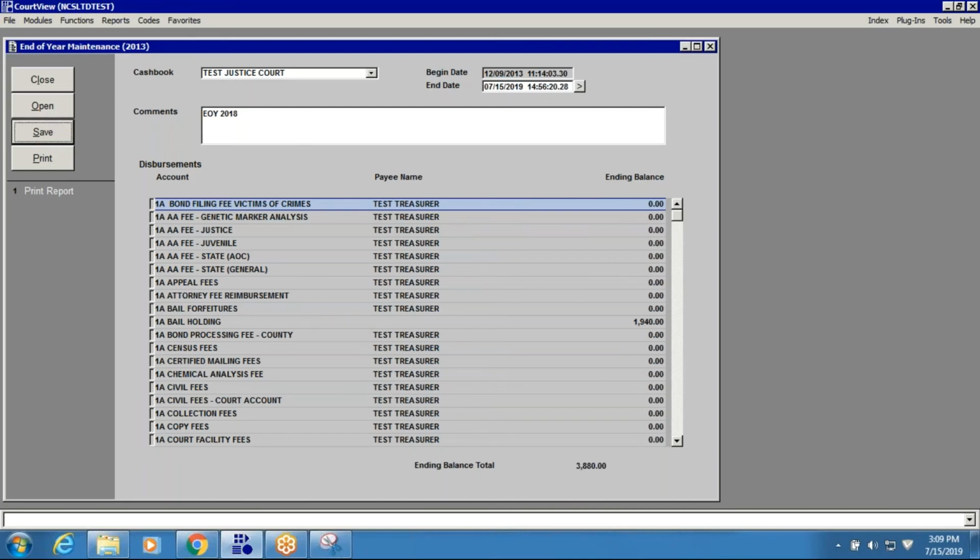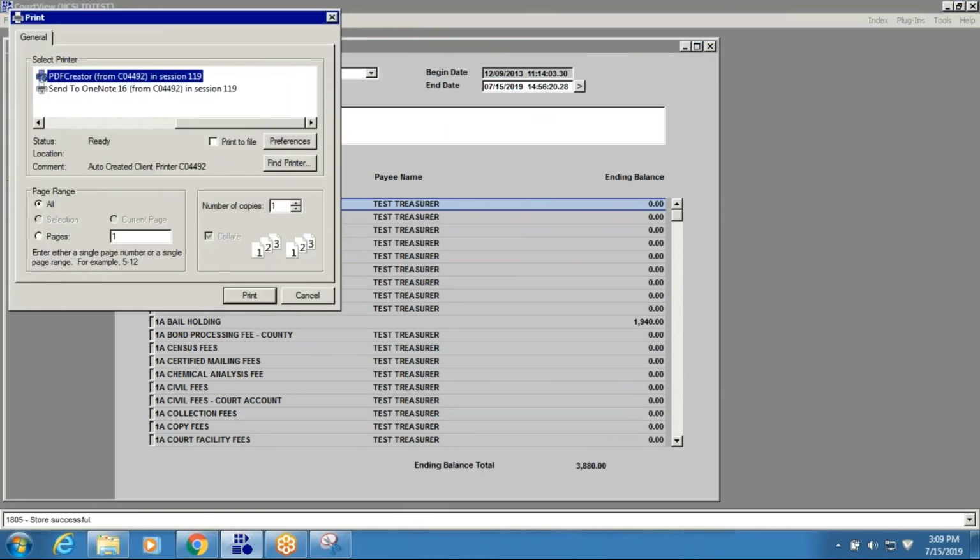So let's go ahead and hit save, and it's going to start doing a little bit of thinking. Now what's going to happen next is the system's going to ask us if we want to print out a report. This is exactly what it's asking here. Please bear in mind that this report,